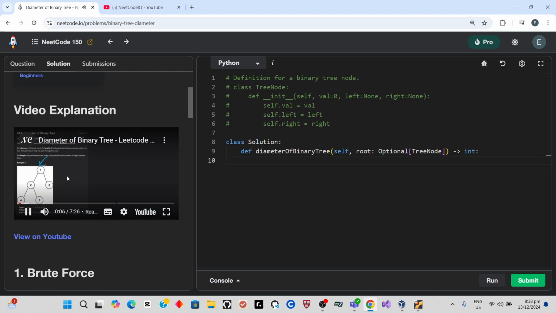We're given the root of a binary tree and we want to return the length of the diameter of the tree, which is defined as being the longest path from a particular node. So in this case, it would basically be the longest path on the left